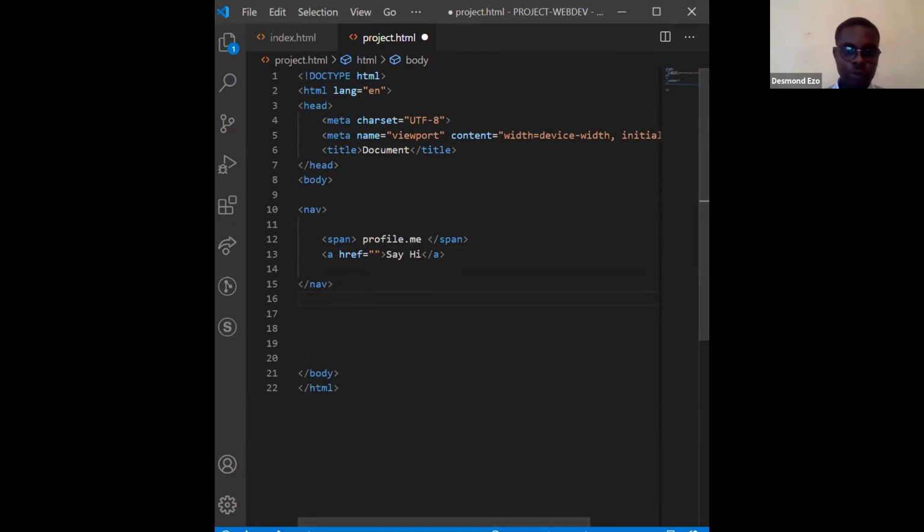So now I am done with the navigation. This entire area, I am done with it. If I save this document and I go back to my editor and I open my project, you can see this here. This doesn't look anything like the image that we are seeing. It doesn't look like the image at all. It's looking totally different.